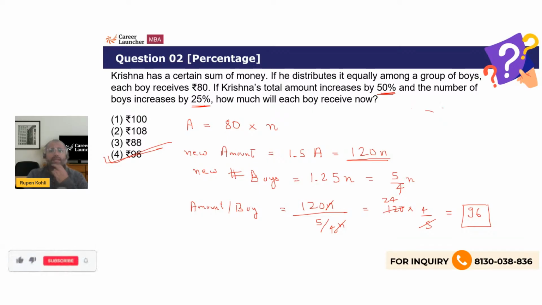Okay, 80n done. Okay, this becomes into 1.5 times. Okay, this becomes 120n divided by the number of boys, which is 5 by 4n. So this is just a one line answer, right? That's the whole point, right? Right,